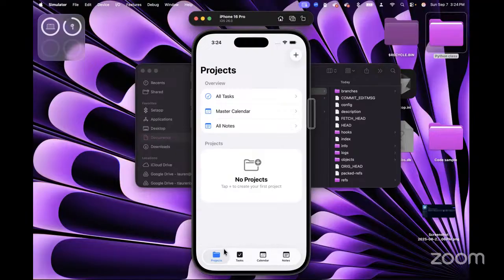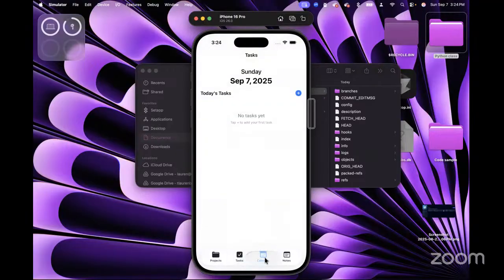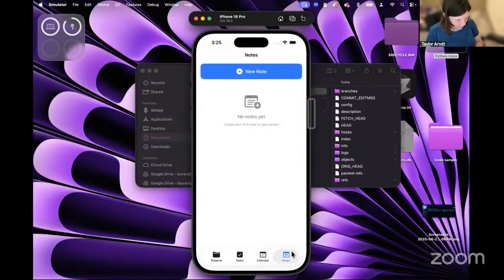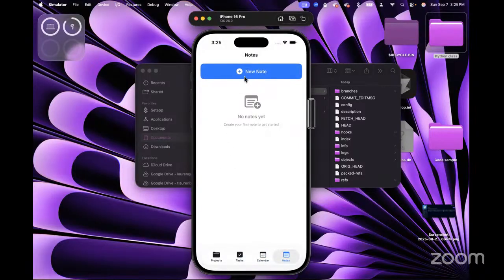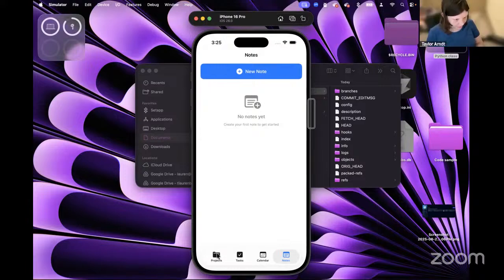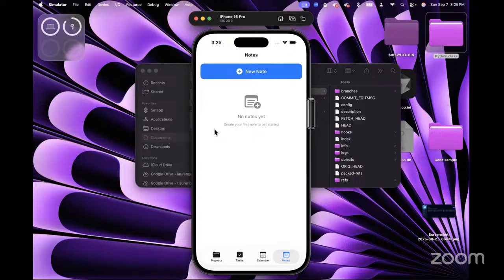Then we have projects selected tab. Tasks selected tab. Calendar selected tab. Yeah, we have notes selected tab too. So we need to take those out. That's what I was saying. Take those out and replace them with something else. So, okay,